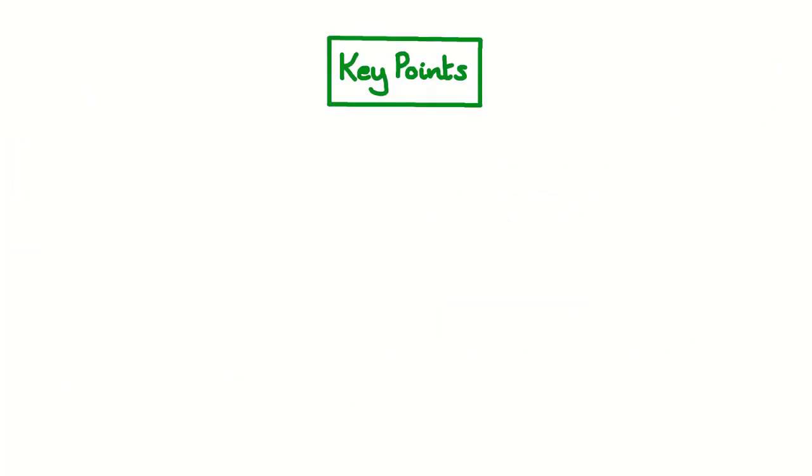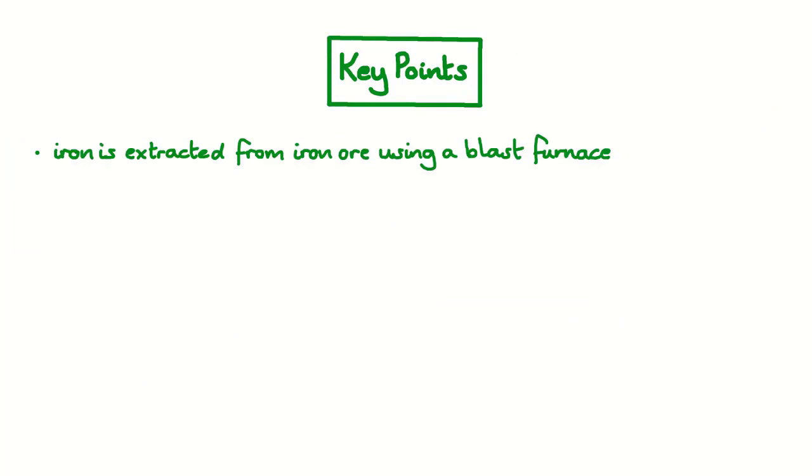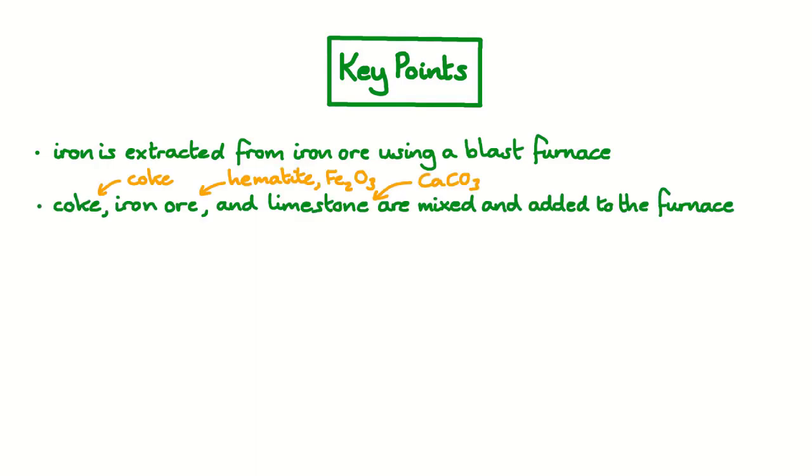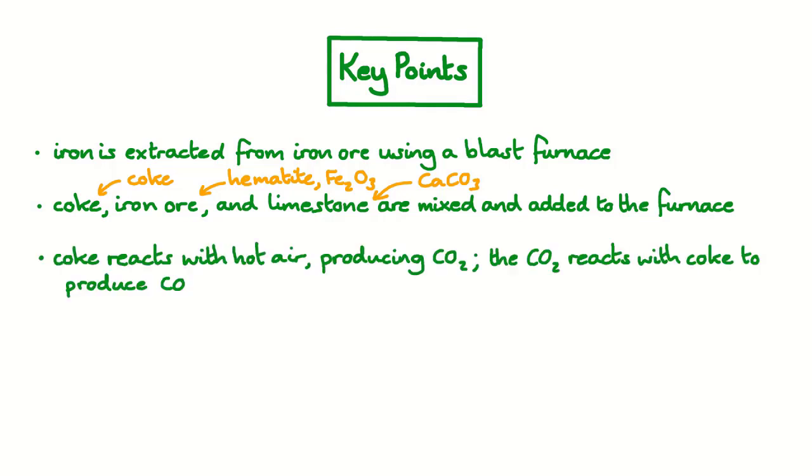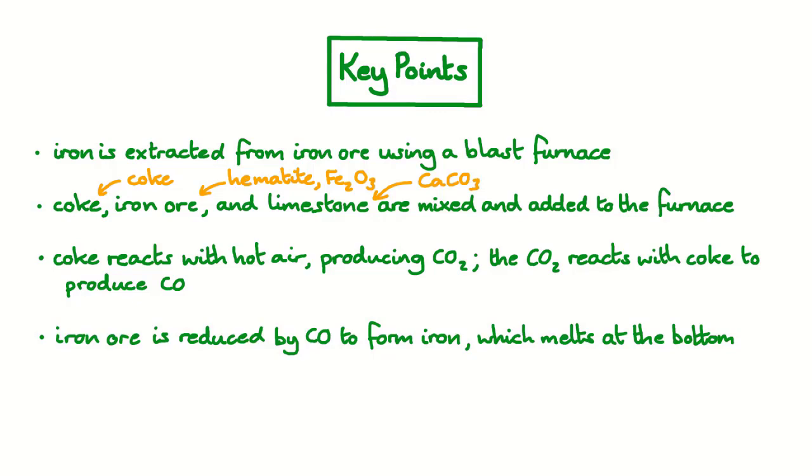Finally, let's have a look at the key points. Iron is extracted from iron ore using a blast furnace. Coke, iron ore and limestone are mixed and added to the furnace. The coke reacts with hot air, producing carbon dioxide, which goes on to react with more coke to produce carbon monoxide. The iron ore is reduced by the carbon monoxide, forming iron, which melts at the bottom of the hot